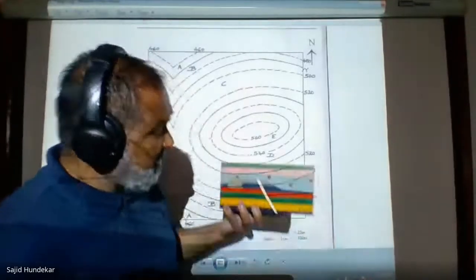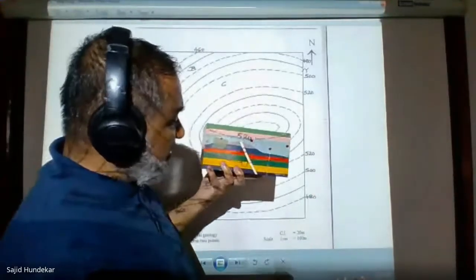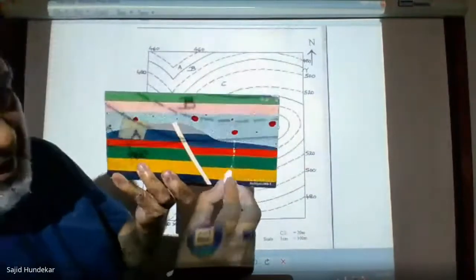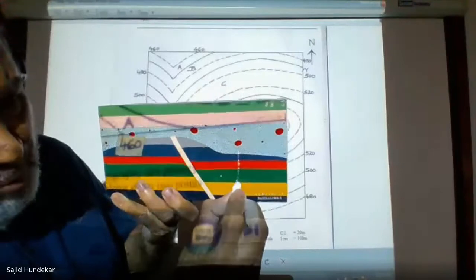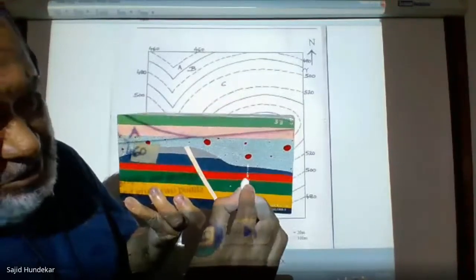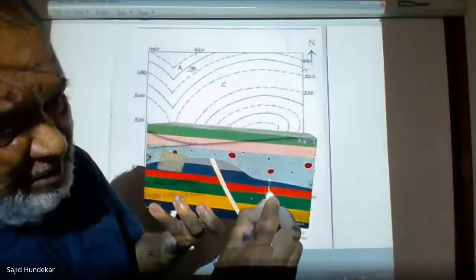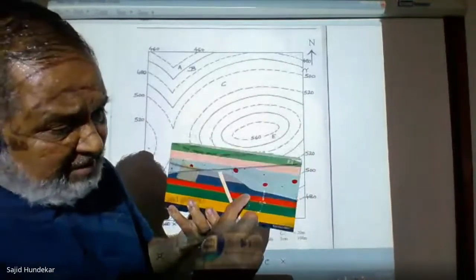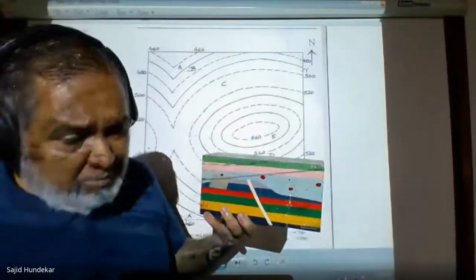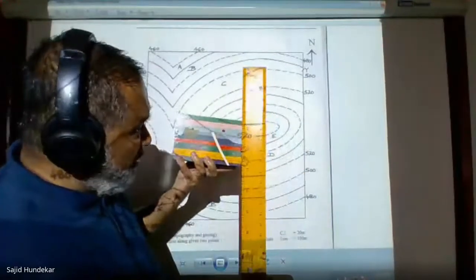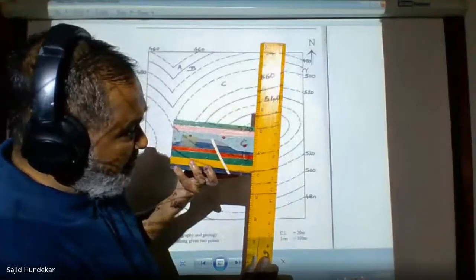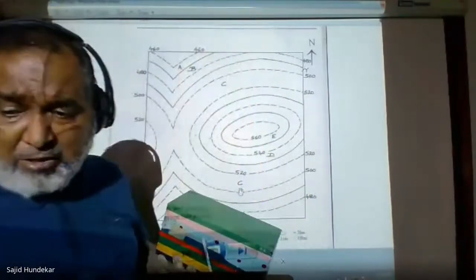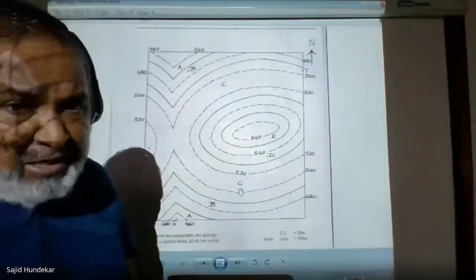What we are going to do to make out the thickness is draw a perpendicular. If you want to measure the distance between the green bed, this is the lower junction, this is the upper junction. What will be the elevations there? If you take the difference, we'll get the thickness of this bed. If you want to measure it in the block with the scale perpendicularly, I can measure it. But in the map, we have contours written, so you have to take the difference between the two contours.